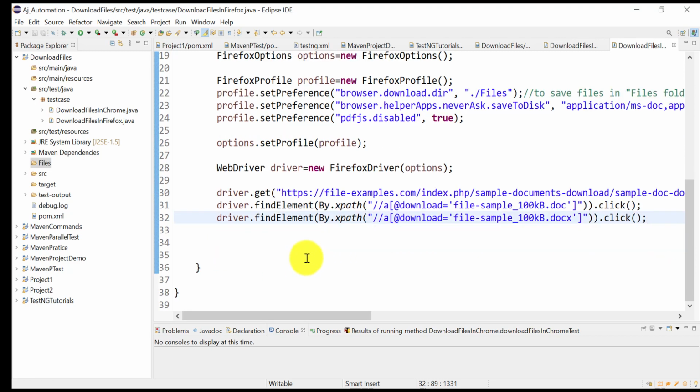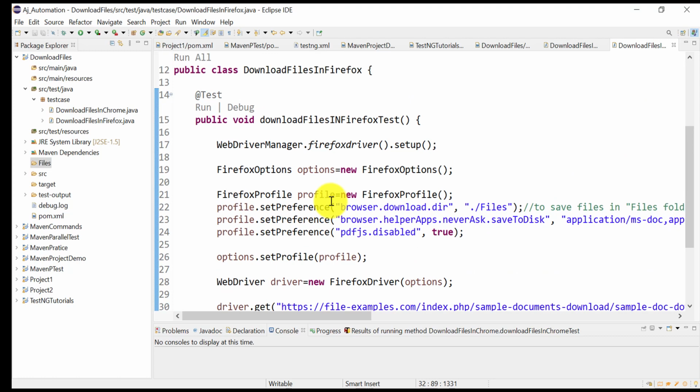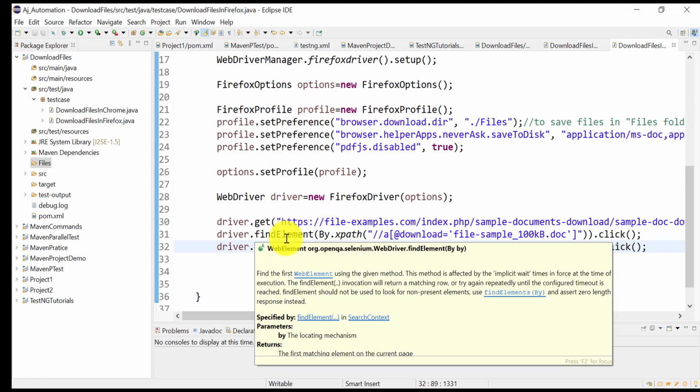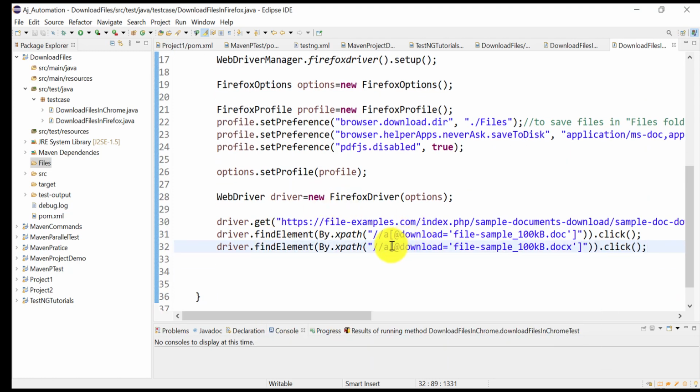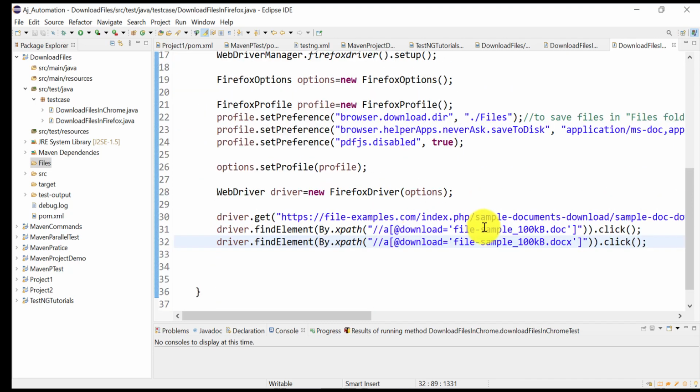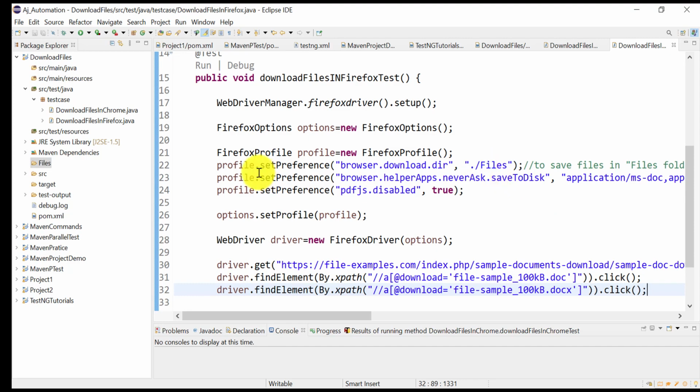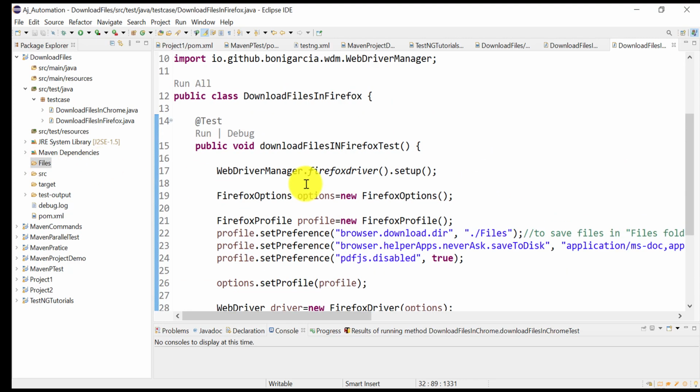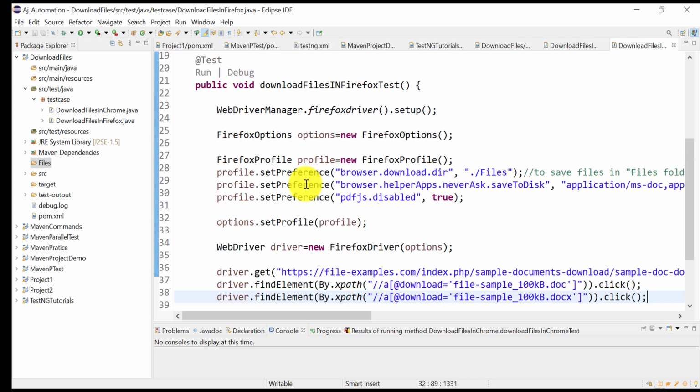Before going to the PDF or Excel, let us run up to this, and then we will create the XPath for the PDF and Excel files later. Let us see if this is working, and both these files should be saved in this folder. So it's all done. Let us run it.